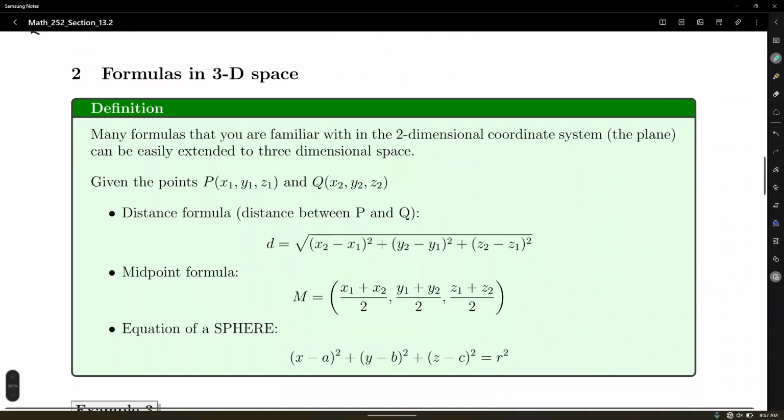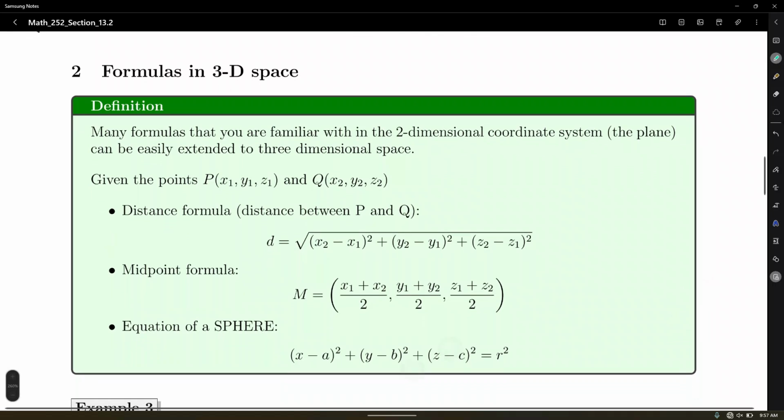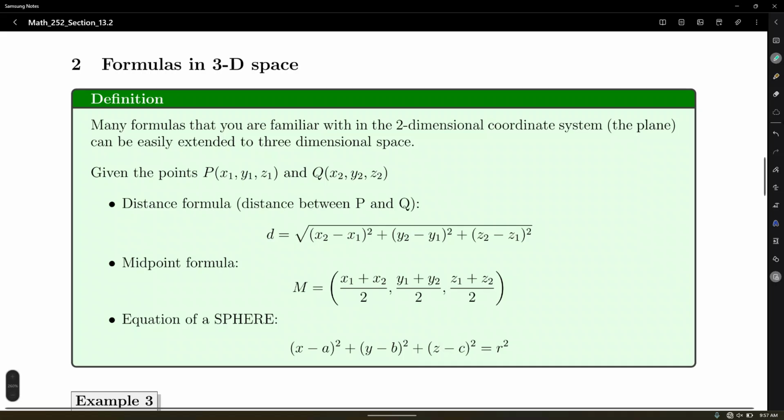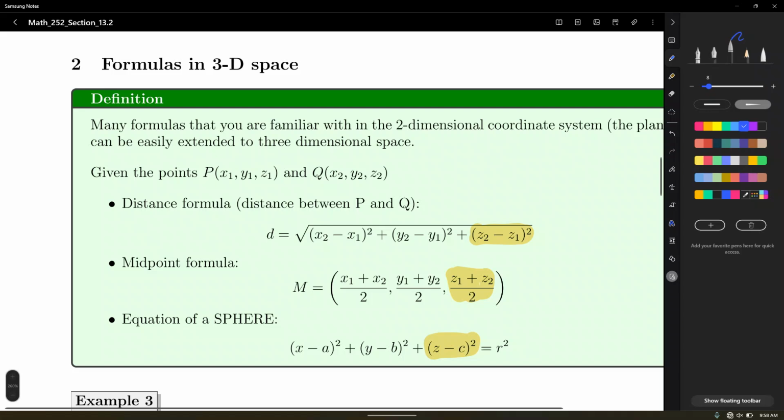Well, they're going to look exactly the same: the distance formula, the midpoint formula, the equation not of a circle, but in this case a circle in space becomes a sphere. What are we going to do essentially? Simply add a z term for all of this. All right? So that's what we do in space for these same basic formulas. Of course, we're going to learn new, well, not conics, but rather quadric surfaces in space. So putting all this together,